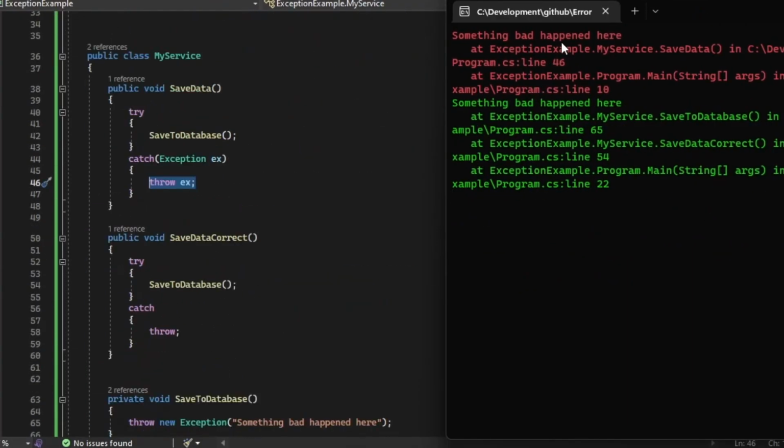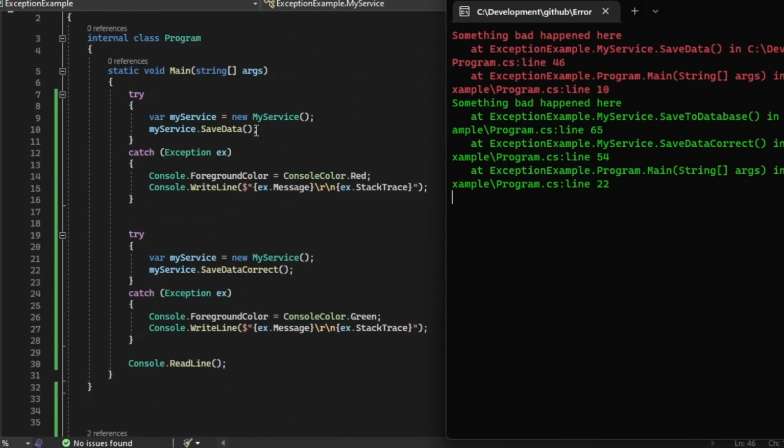The one in red over here is when you use throw x, and what we can see in here is that it's only got two lines in the stack trace. We've got line 46, which is where we've thrown the exception, and we've got line 10 where we've called save data from. But nowhere in there do we have any reference to the save database,